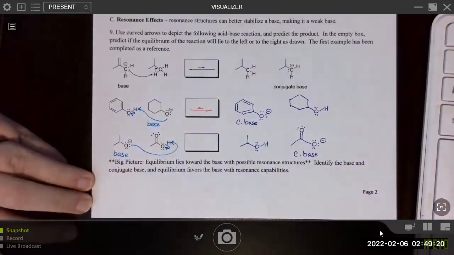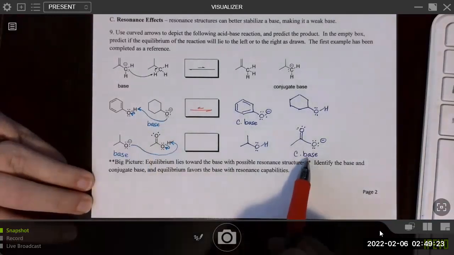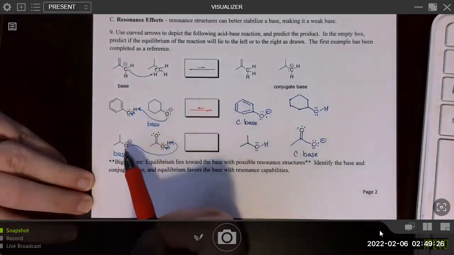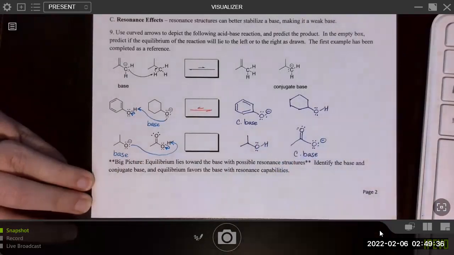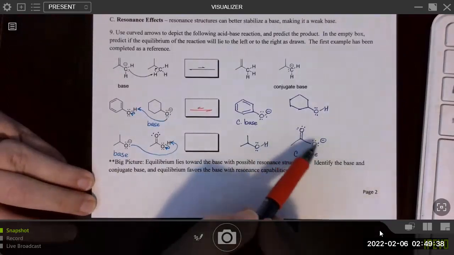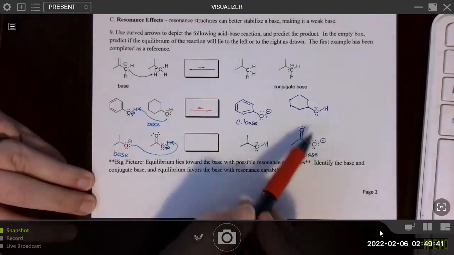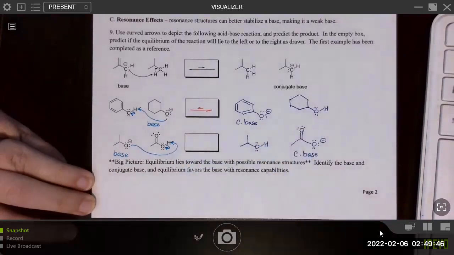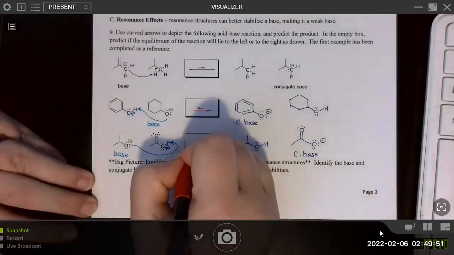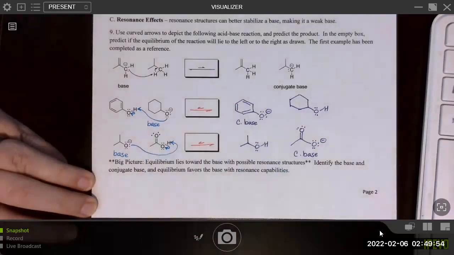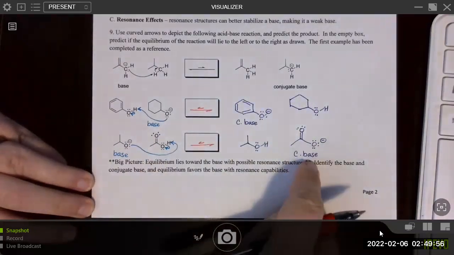So again, let's look at the difference between the base and the conjugate base. The base is not resonance stabilized, whereas the oxygen here on the conjugate base is resonant. One of the lone pairs is allylic and resonance stabilized up to the other oxygen. So in fact, these two oxygens share the negative charge 50-50. So delocalization of electrons and charge is more stable than something that's just localized on one atom. So again, more stable, and we predict the equilibrium will favor that more stable conjugate base.